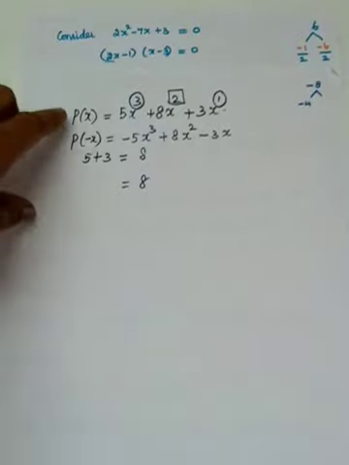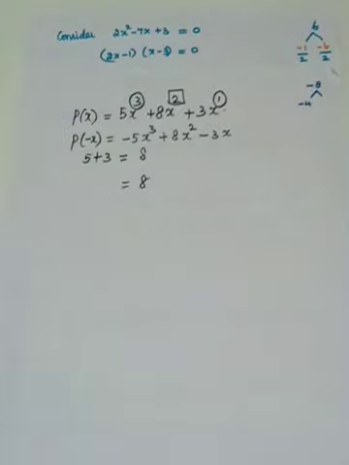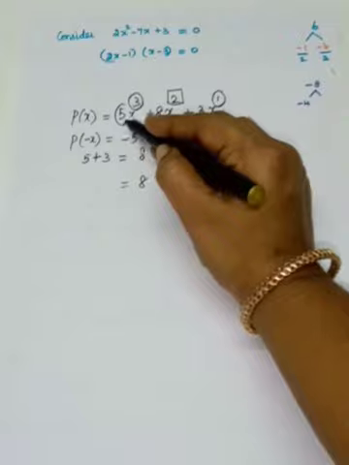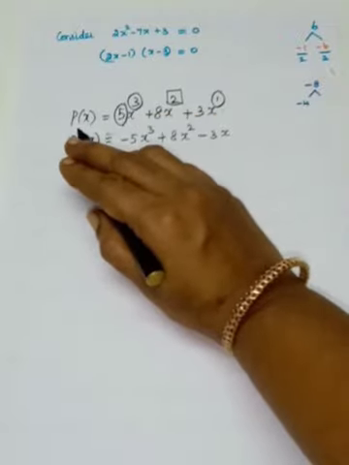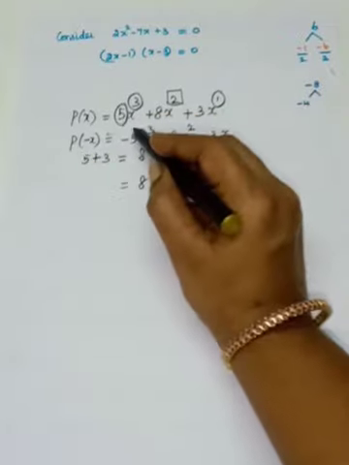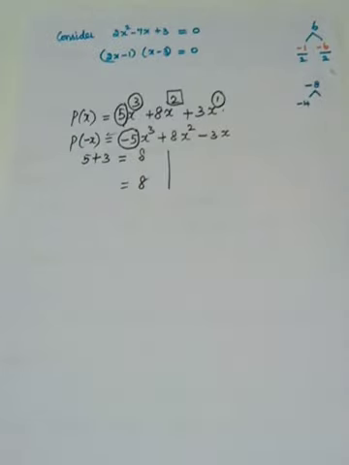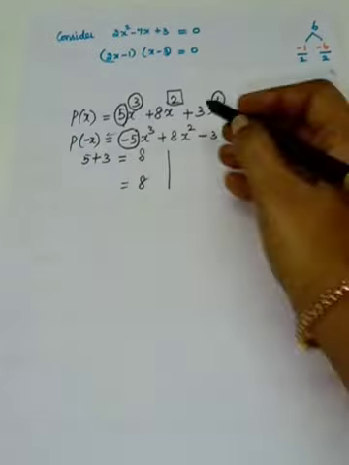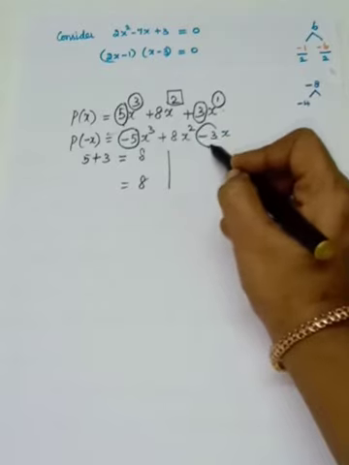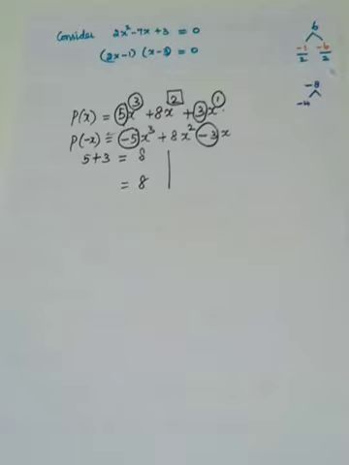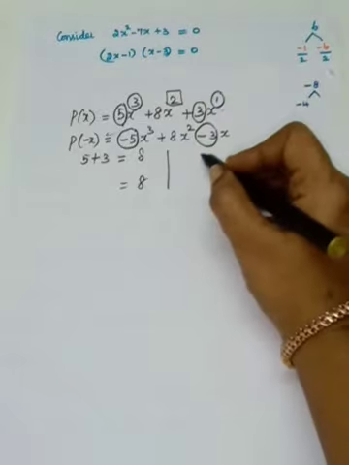So, you should know the difference of p of x and p of minus x, isn't it? P of x and p of minus x. See, the odd power coefficient 5 in p of x, in p of minus x what has to come? It is minus 5. In the same way, in p of x the coefficient 3, in p of minus x the coefficient of odd power is minus 3. But even power there is no change. So, in p of minus x,